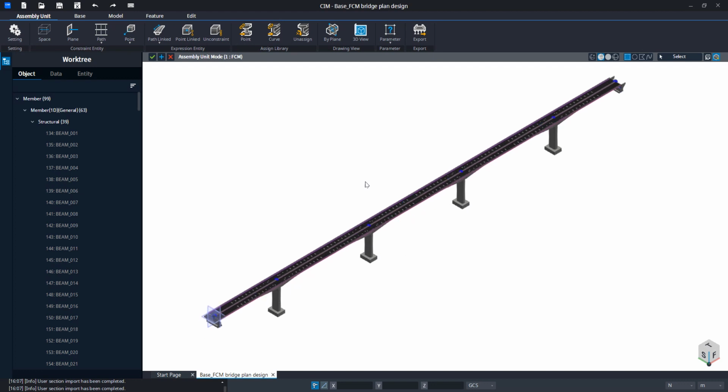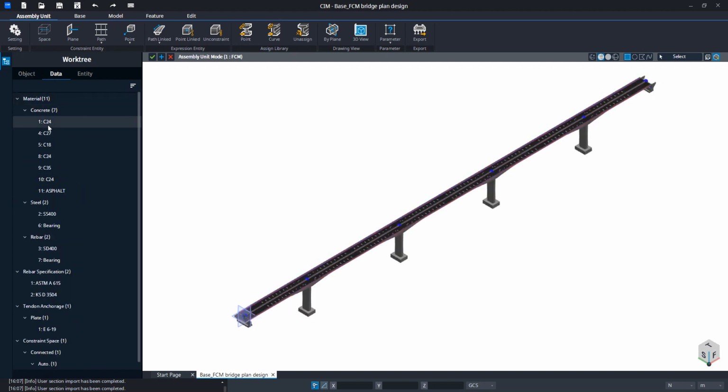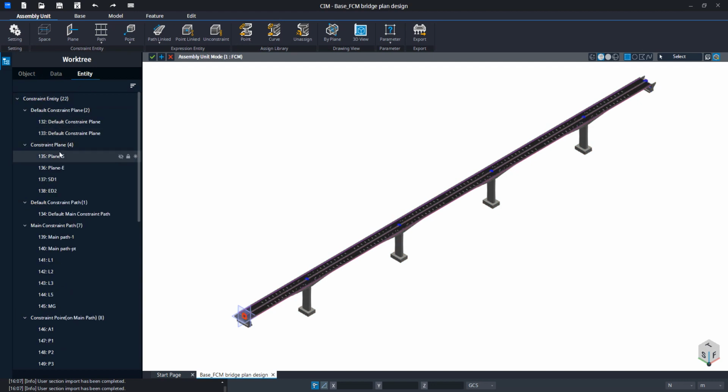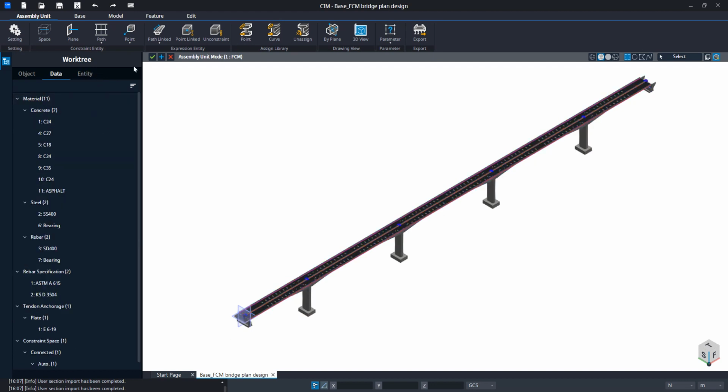Okay, as you can see, after we take on the run modify mode after creation, the one that is in the smart template, you can see that we automatically are inside the assembly unit modifying mode. As you can see, we have a lot of objects in the structure member here with the individual subject, and also the entity. As you can see, there's a lot of constraint plane and etc. You can just click OK,